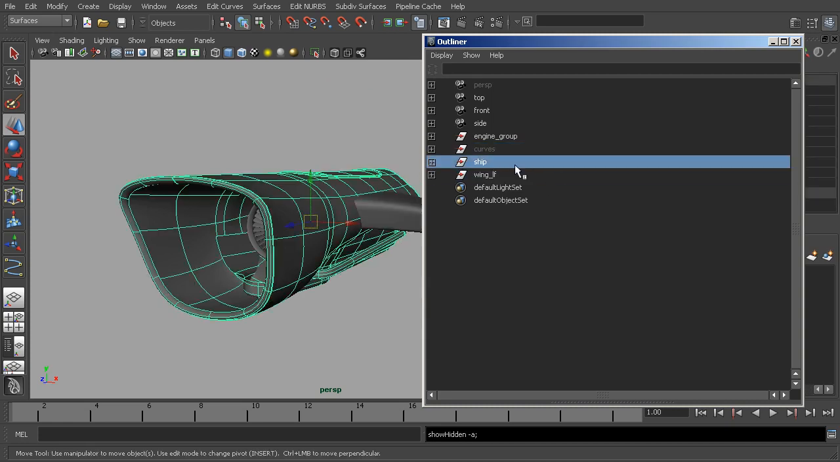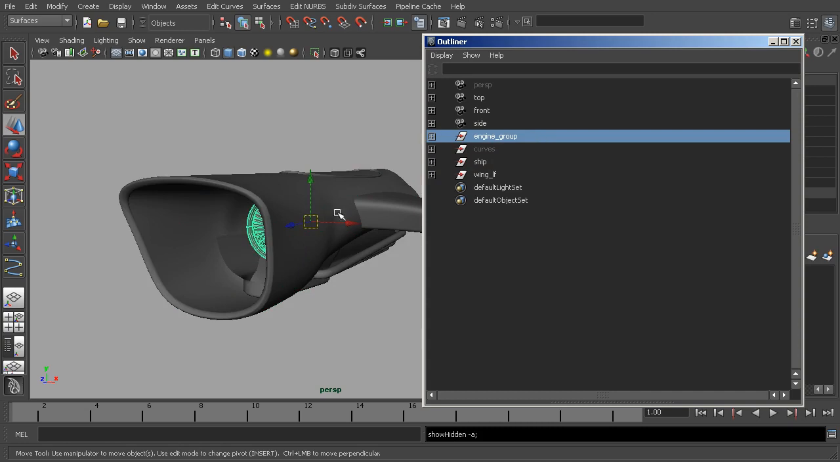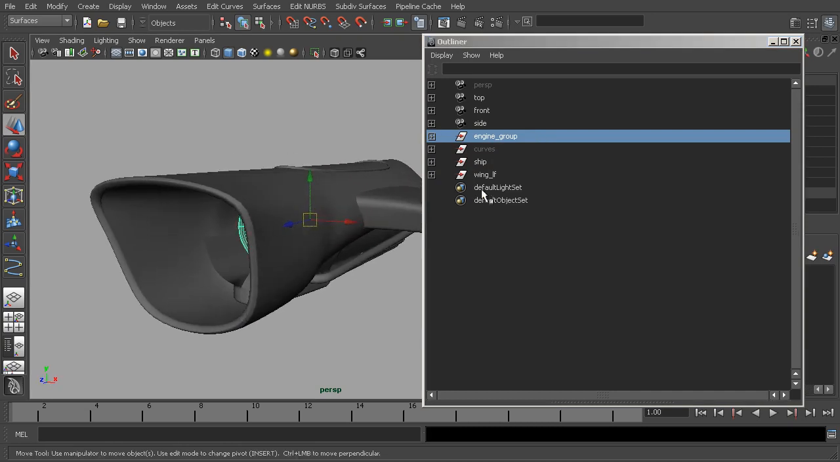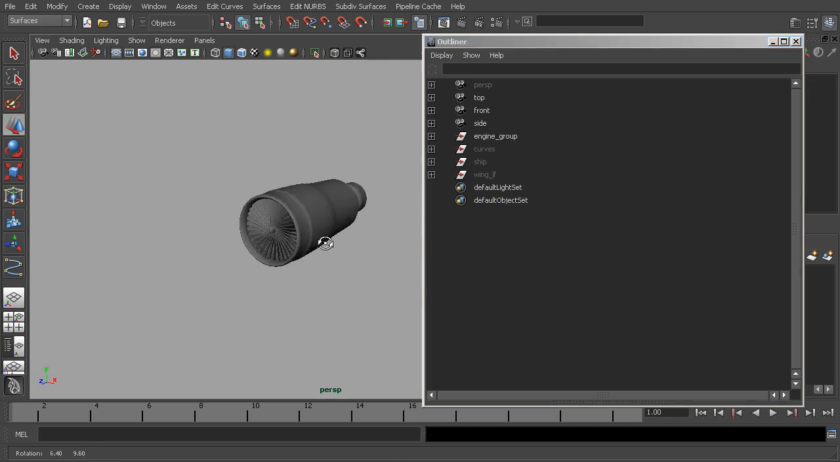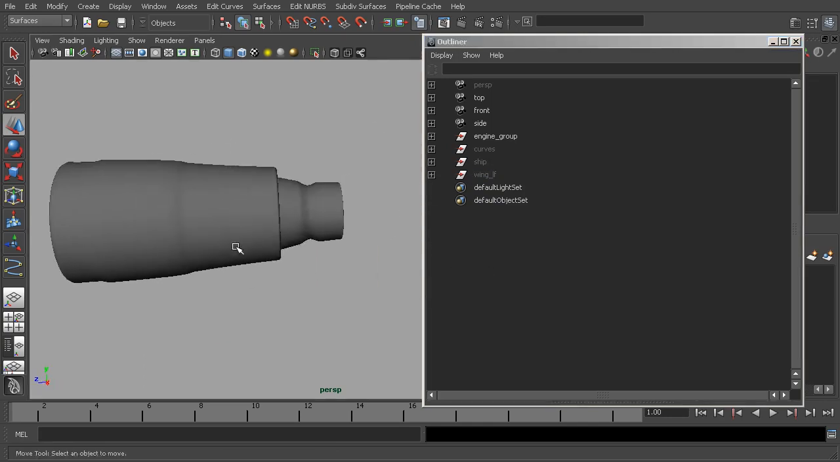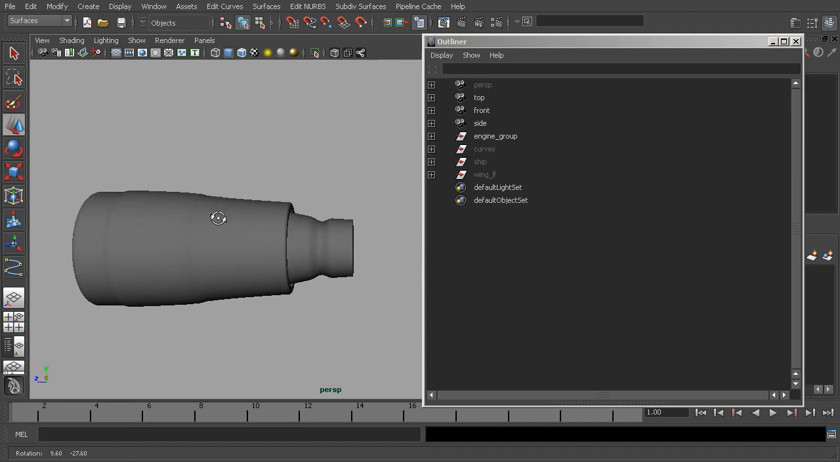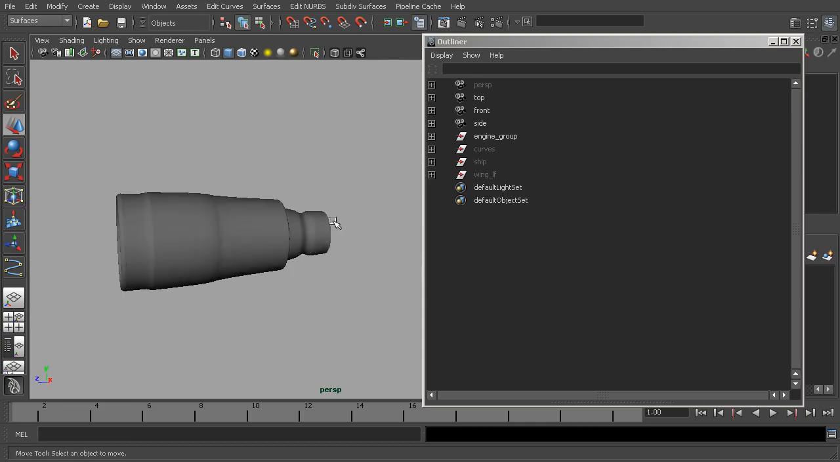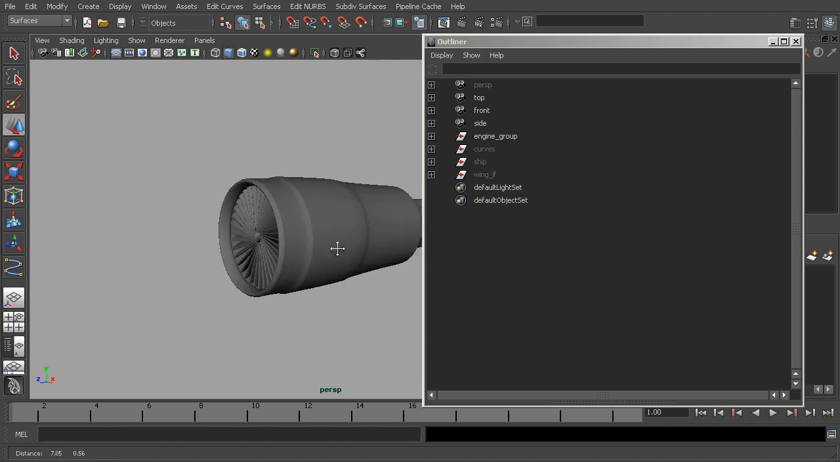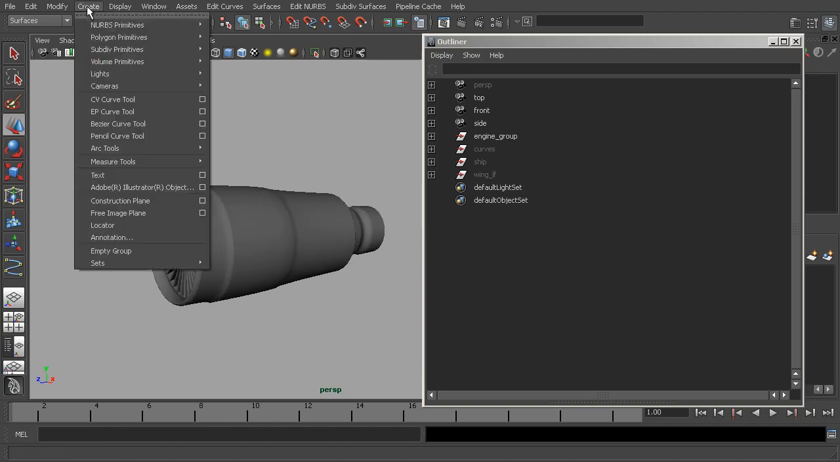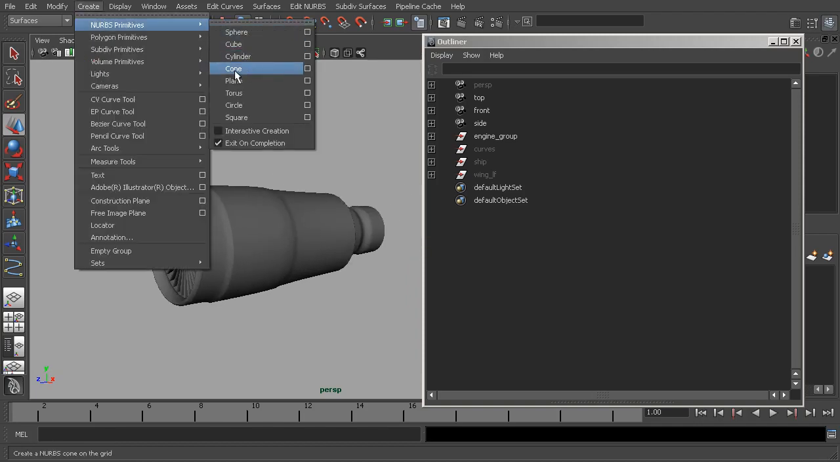I've grouped the wing, the rest of the ship, and then the engine that we're working on right now is a group. So I can take the wing and ship and hide them temporarily just so that we can look at the engine by itself. All right, so I want to add a cone coming out the back and then also a little cone here in the front. And so we can go in and create NURBS primitive, and there's actually a cone primitive that